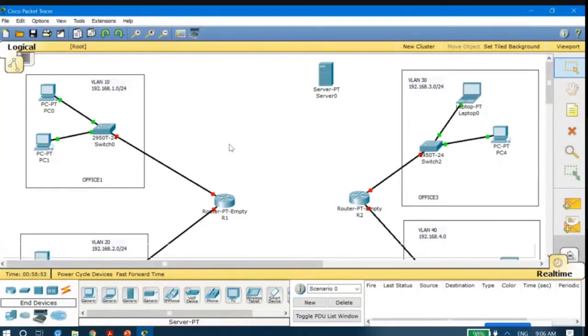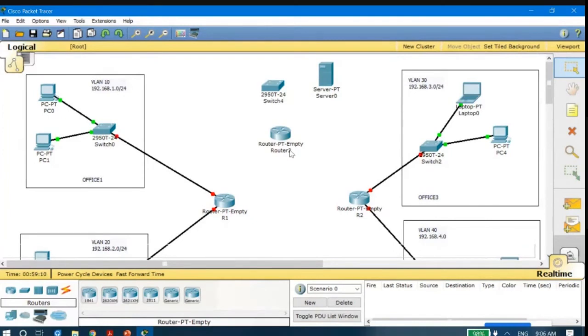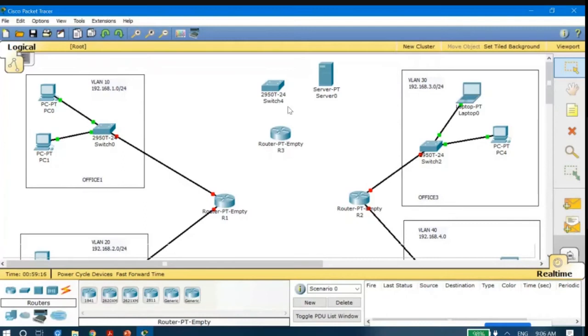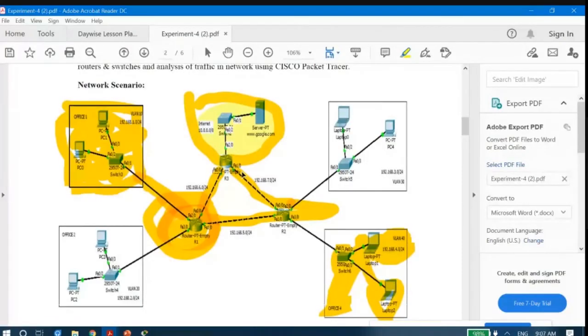Then I need a switch. I will select this. Then I need a router. So again, I will select the router. The next thing that I have to do is again connect the network. However, that router PT requires LAN ports. You could go to this diagram that there are actually 3 different connections to this router.